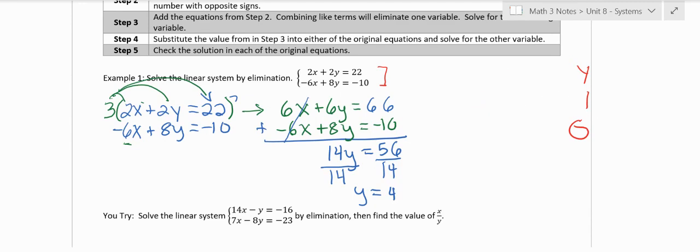And now we're going to go ahead and finish off the problem. I know that's part of my solution. I'm going to take this 4 and substitute it back in. We could do any version of the equation. The original might be better though, so that if you made a mistake, you're not making multiple mistakes. So I'm going to solve for x. So I'm going to put in 4 for y